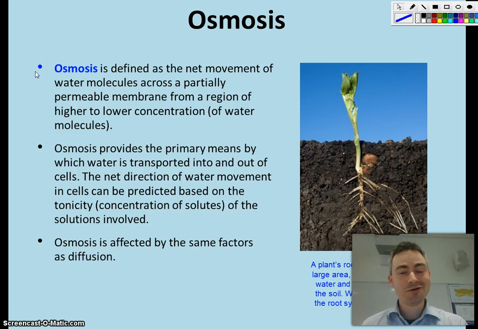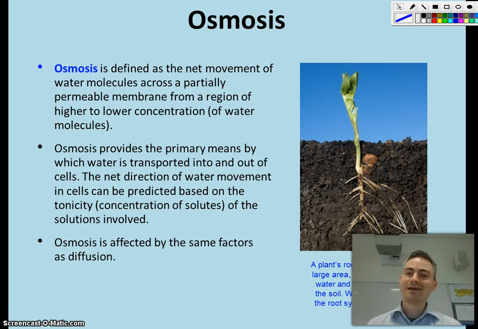Really important that you know this definition of osmosis. It's one of the few definitions that you just have to rote learn. Just remember this one, that's all I can say. It is defined as the net movement of water molecules. So osmosis is purely about water, so you've got to say the movement of water molecules across a partially permeable membrane. So most of the time we're thinking about the cell membrane there, from a region of higher concentration to lower concentration. But we've got to stipulate that that is of the water molecules,